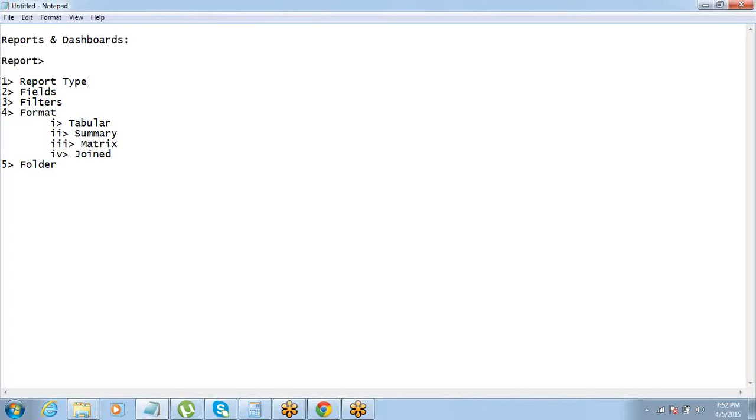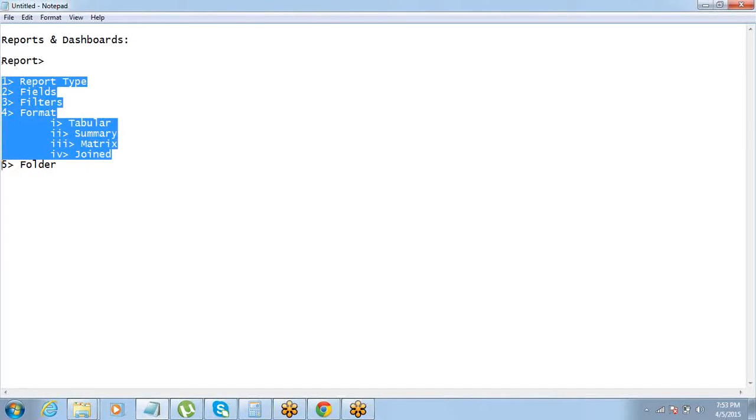So this is one more thing that we need to understand before creating a report. So report type basically defines which object we are using for the report. So if you're creating a report for account, or are you creating a report for opportunities or contacts, so that thing is defined using report type. All right. So you need to know what report type needs to be used, which all fields are required, which filters are required, which format of the report, and where do you want to save the report, which folder. Okay. So let's get started on creating a report.